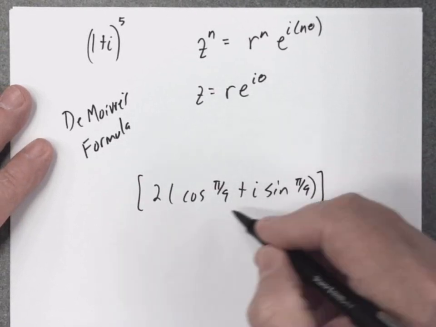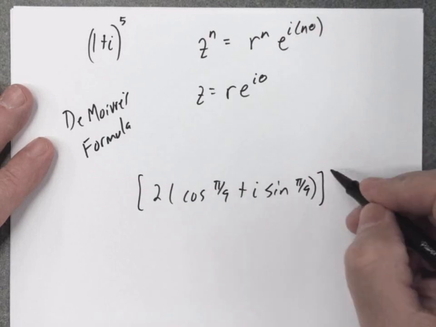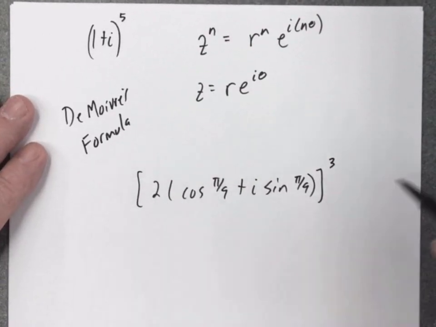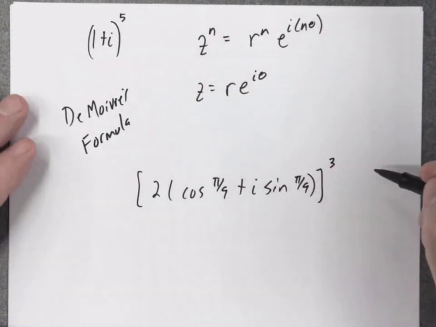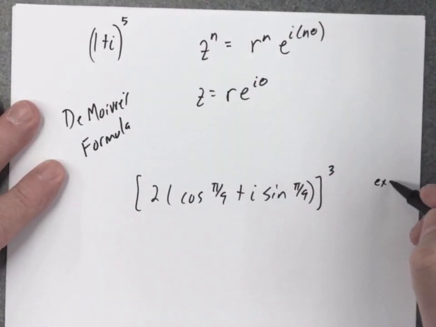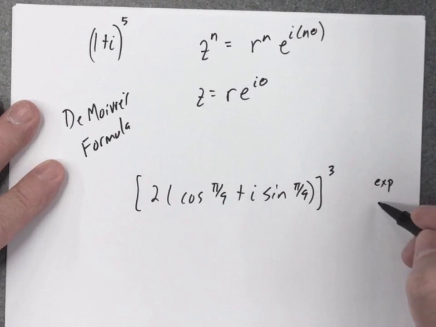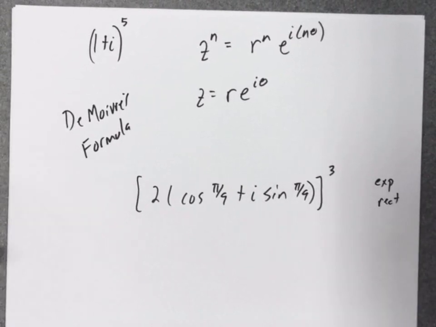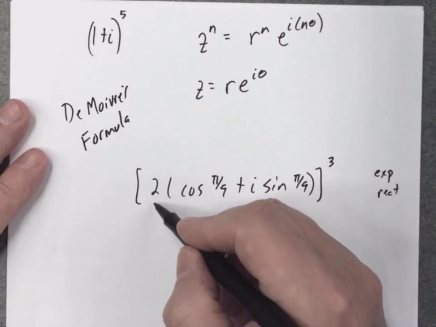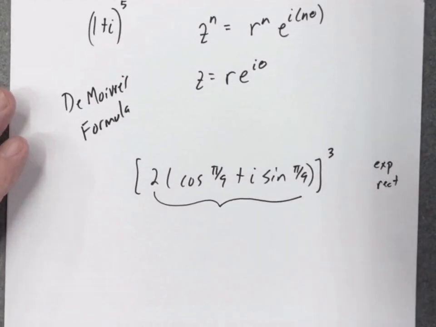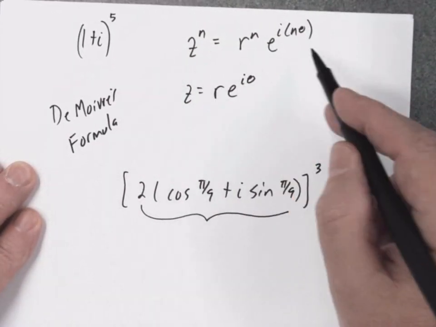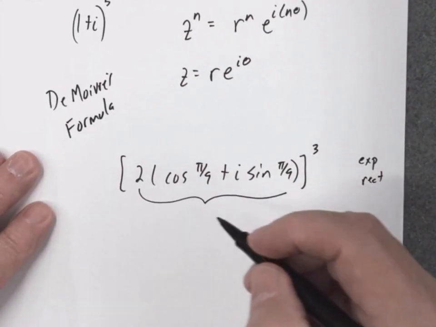And we actually want to take this complex number and raise it to the third power. Just so you know, they want the answer in exponential form and also rectangular form. What I'm going to do is rewrite this in exponential form,